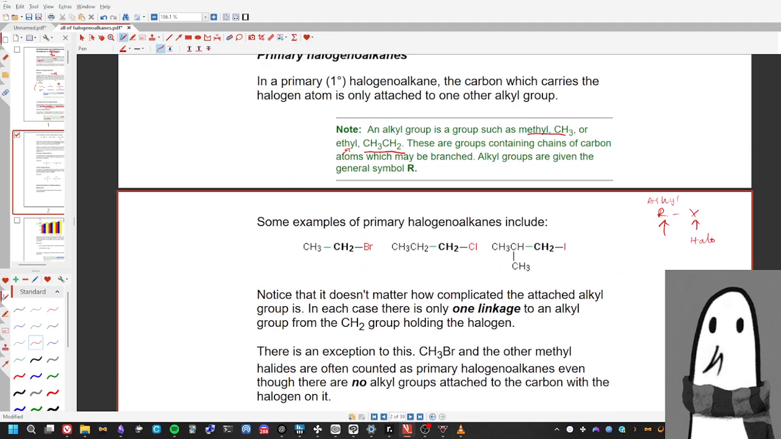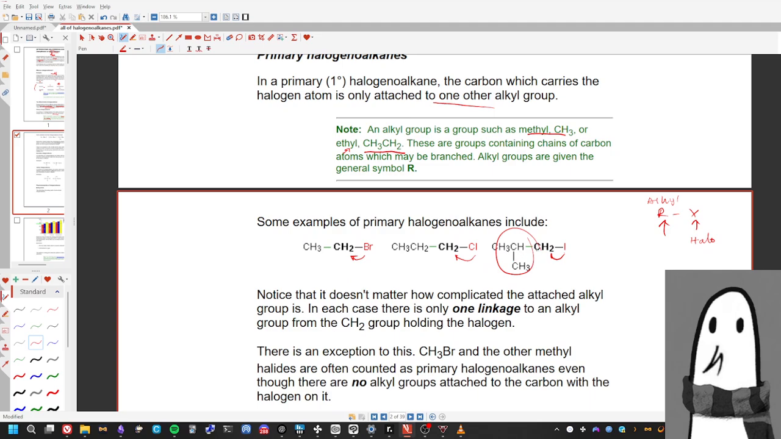Again, they're only going to be bonded to one other alkyl group. So over here, you can see this is only bonded to one. This is only bonded to one. This is only bonded to one. Notice how these are getting more and more complex as you go. First it was just CH3, now it's CH2. First methyl, ethyl. Now it's